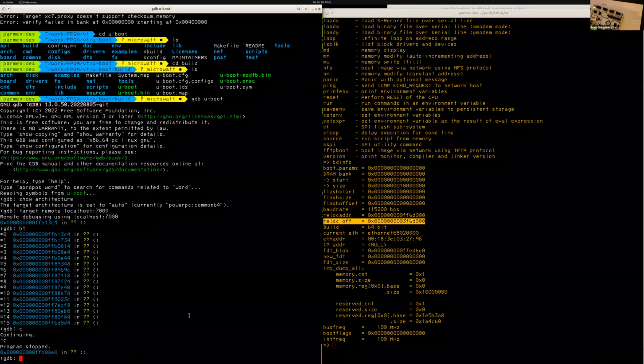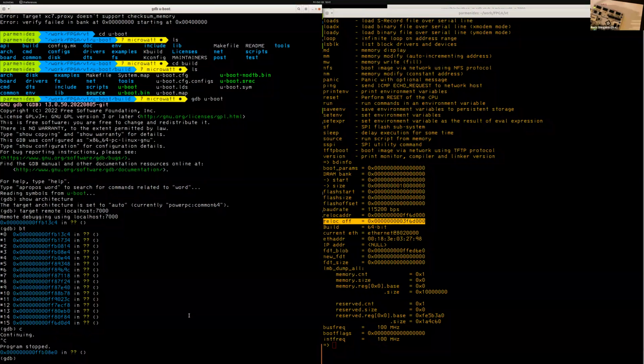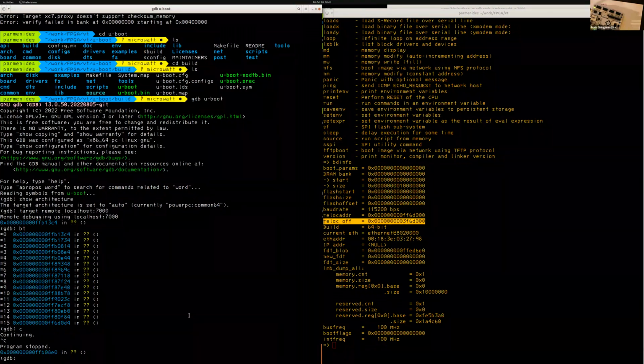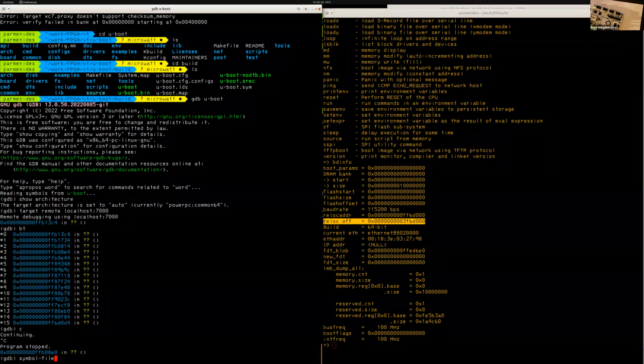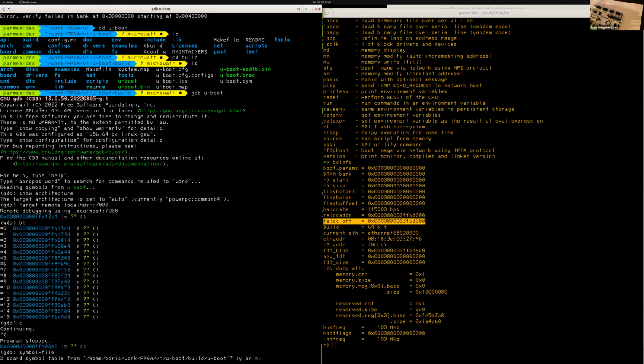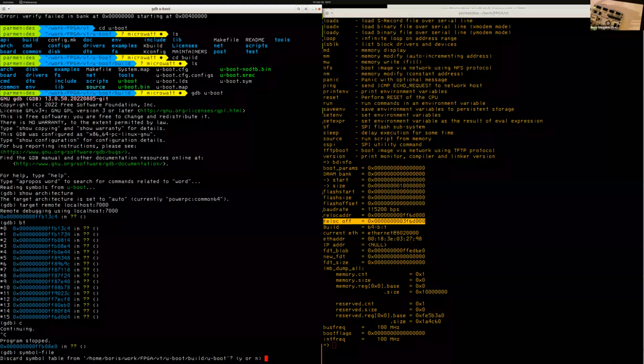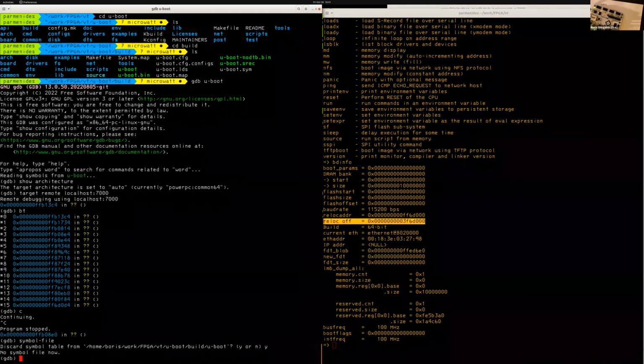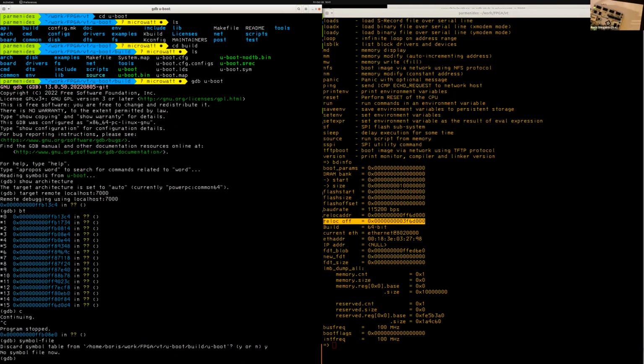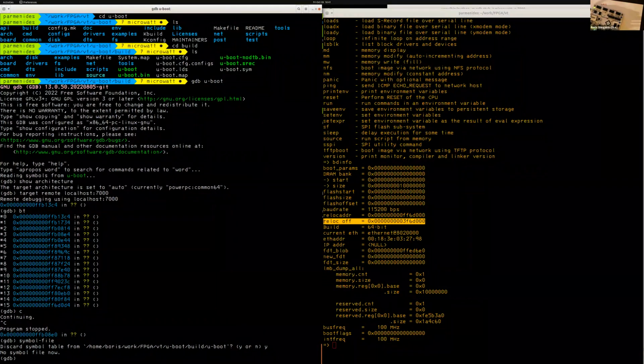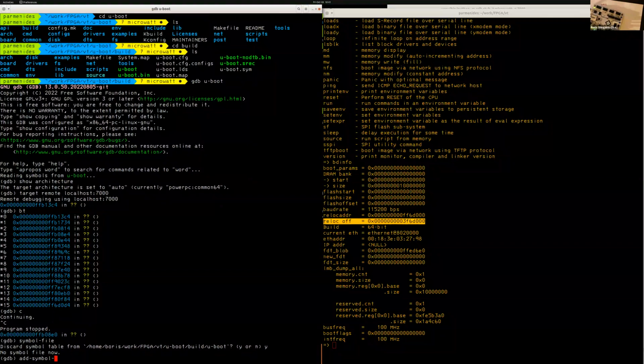So in order to get the correct symbol table, I'm gonna get rid of the current symbols. So symbol file, and give it no arguments. So I want to discard this guy. Yes. No symbol file now. And then add symbol file U-boot